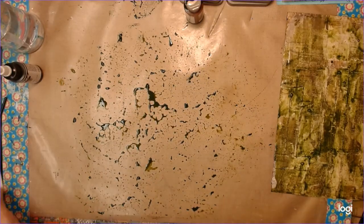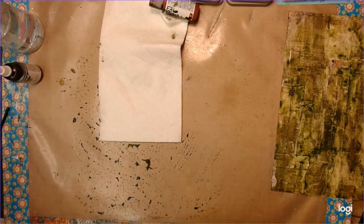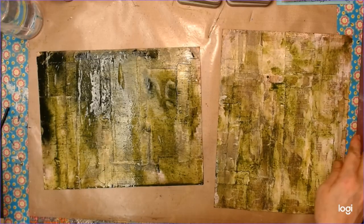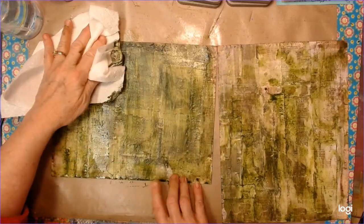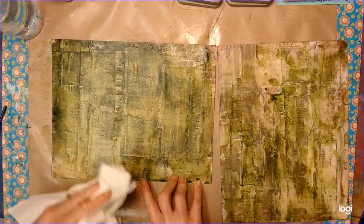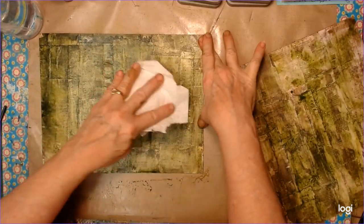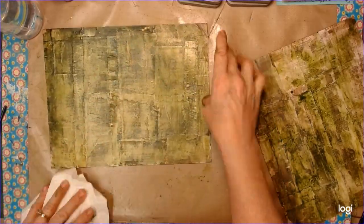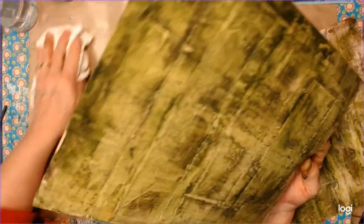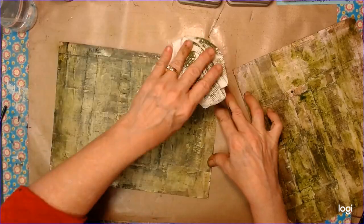Okay, let me try to clean this up. I'm going to be back in just a second after I clean this up. Okay, I got the mess cleaned up, but this is still this, and I'm just going to try to wipe some of it off because it's just too much, even for somebody who loves green as much as I do. It just took over completely, and that was my fault because I just was clueless how to use that stuff. Hadn't ever even opened that bottle before, so